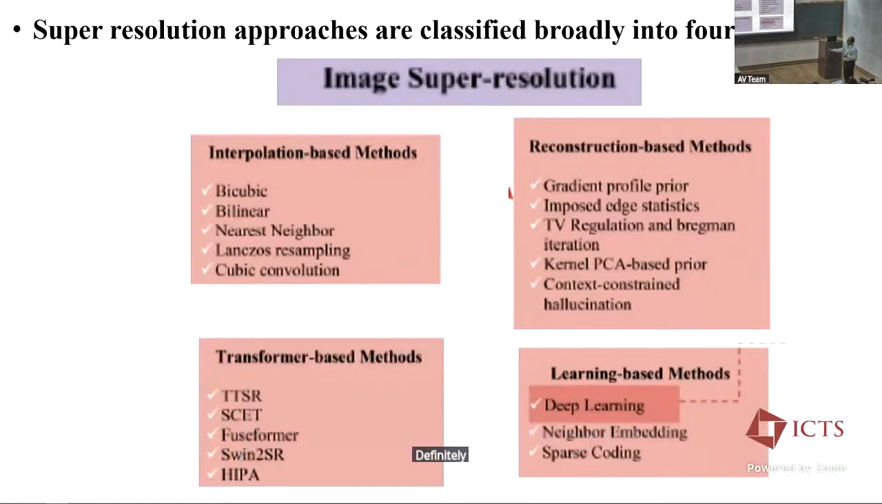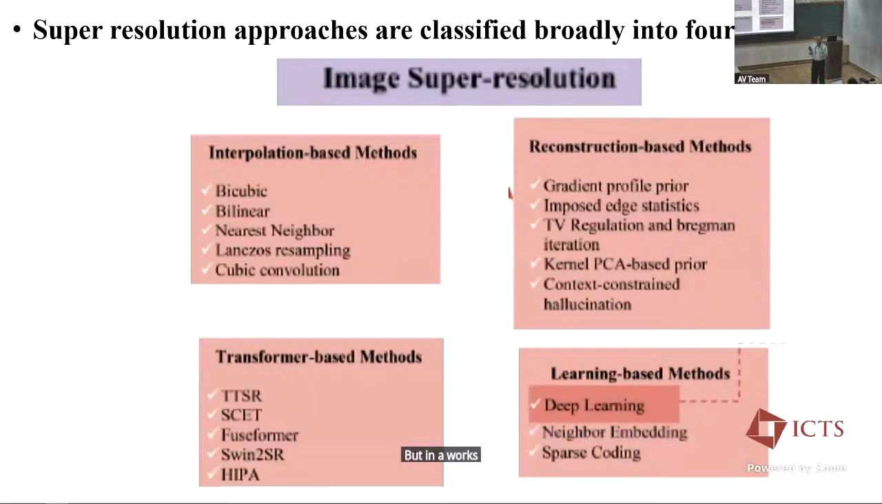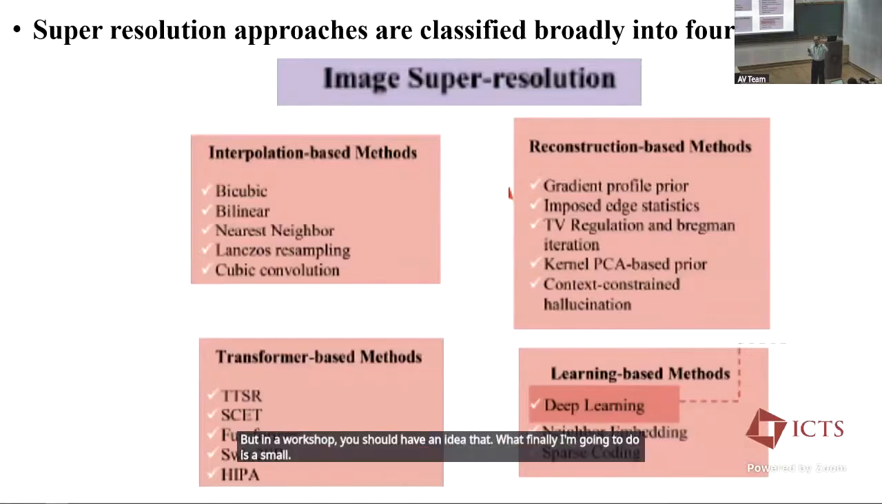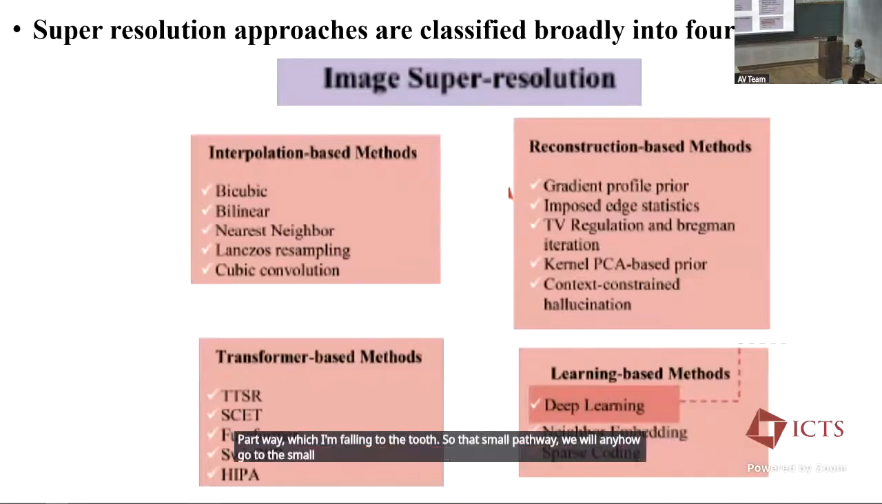Definitely, we need a course for covering all this. That's why I said that we will not be able to do any justice, not even minimal justice. But in a workshop, we should have an idea that what I am finally going to do is a small pathway which I am following to the truth. We will anyhow go through the small pathways, but we should know that there are so